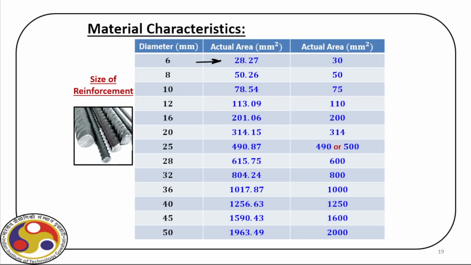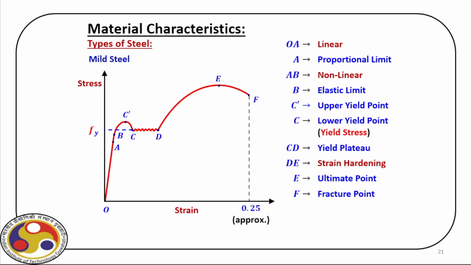Now, if we talk about the stress strain behavior of, say, mild steel, the observed stress strain behavior from the laboratory test is something like this. This is again a very schematic diagram, where we initially have this linear portion. So we can find out the Young's modulus just by taking this initial slope, right? Then as we progress, we have these different limits. We have first a yielding, and then there is a yielding plateau, and then again we have this nonlinear behavior which ultimately collapses at the point F. And this is what is called the fracture point, and this is the ultimate point, right?